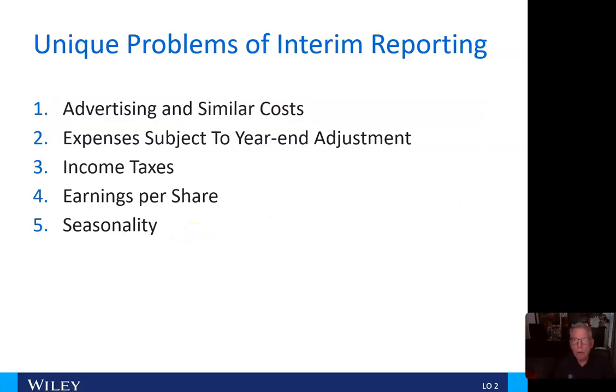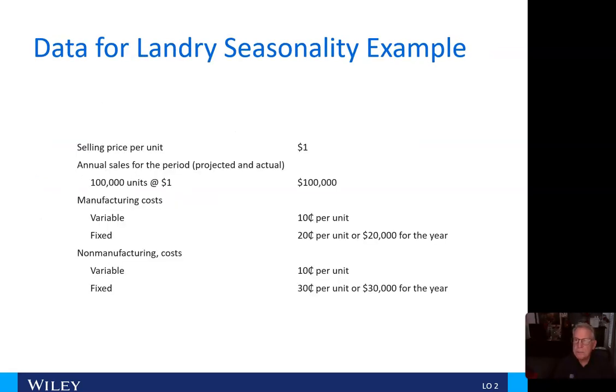Okay, there are some unique problems associated with interim reporting. One, advertising and similar costs. Two, expenses subject to year-end adjustment. Number three, income taxes. Number four, earnings per share. And number five, seasonality. So if I look at the Landry seasonality example here, we have a selling price per